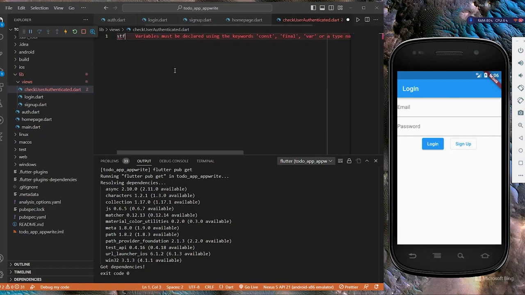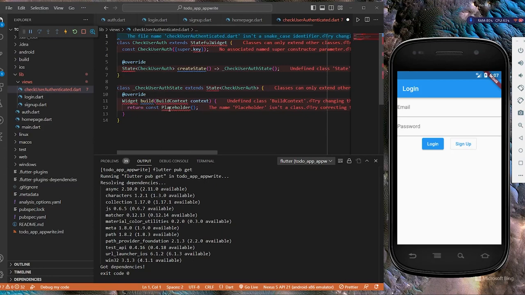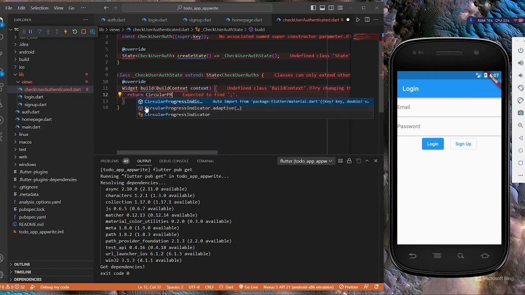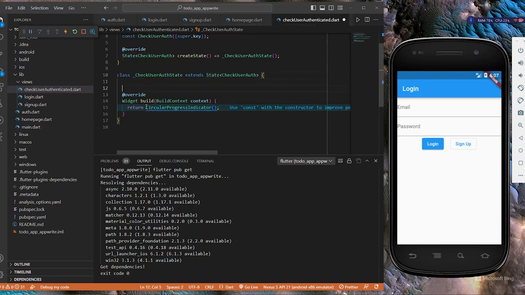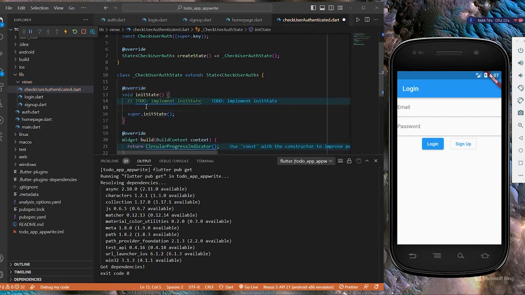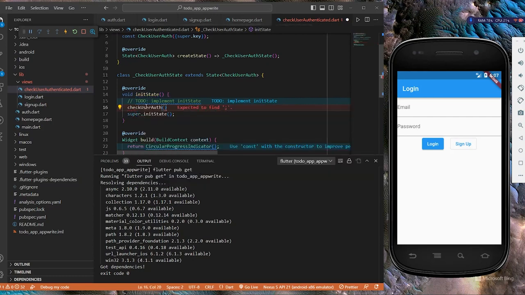And now let's build the check user authentication UI. It is going to be a stateful widget. Inside that, let us add a circular progress indicator. And in the initState, we need to check if the user is authenticated or not. We are calling the checkUserAuth function that we have created. And then,